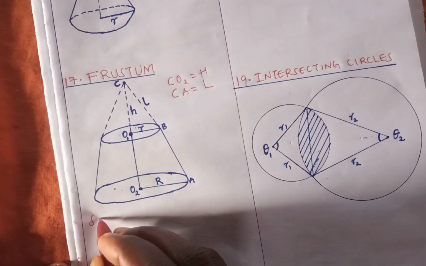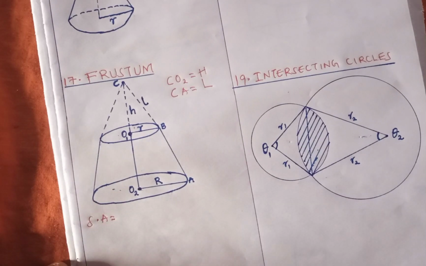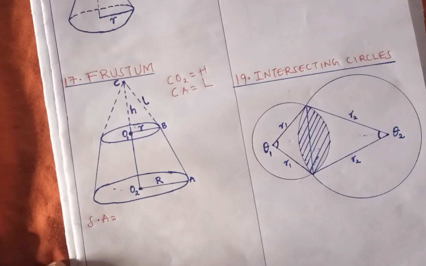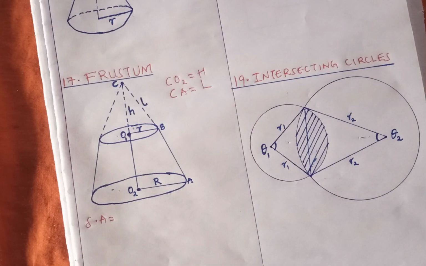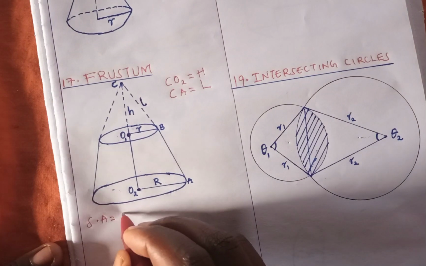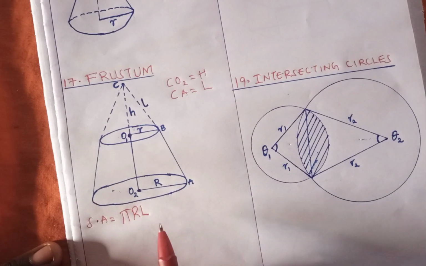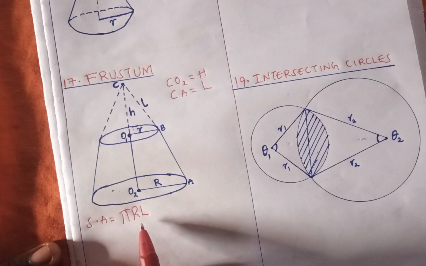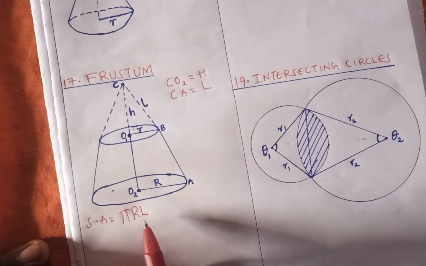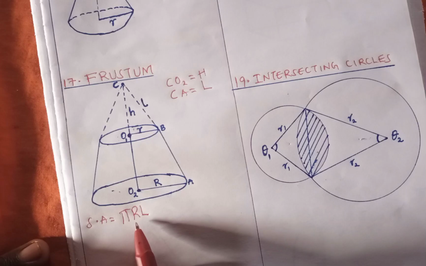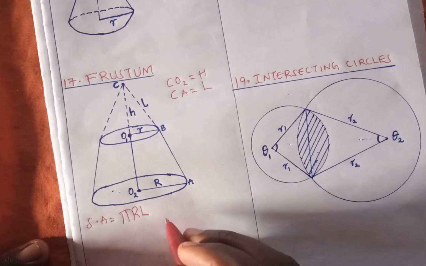So the surface area of the frustum is going to be, first of all, the curved surface area of the bigger cone, minus the curved surface area of the smaller cone, represented by pi R L capital. Remember, R is capital and L is capital. This is the curved surface area for the bigger cone, and we take away